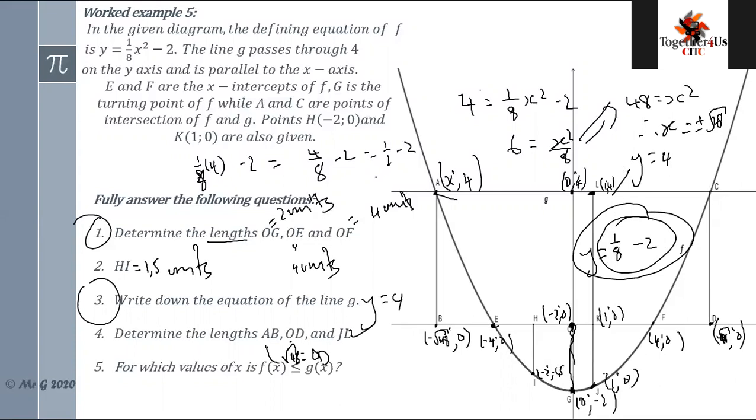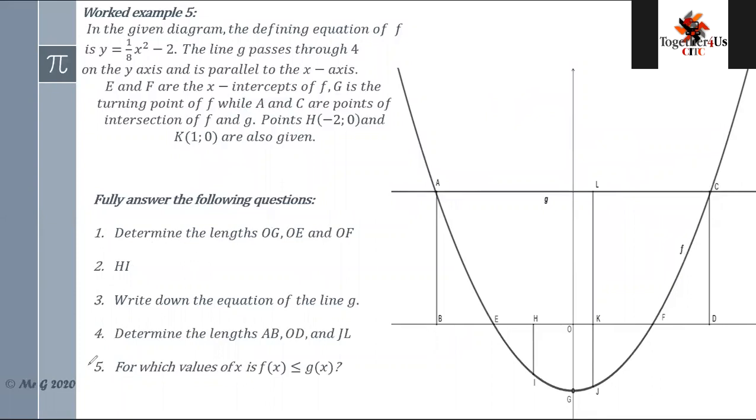The critical question that I want to really discuss here is the last one, number 5. For which values of x is f of x less than g of x? Of course, g of x is the straight line, although it doesn't have an expression with an x value. What this means, guys, is you are going to look at the y values of the parabola, and check at which points in the graph the y values of the parabola are less than the y values of the straight line. In this case, the straight line has one constant y value, that is 4. So you can see then that